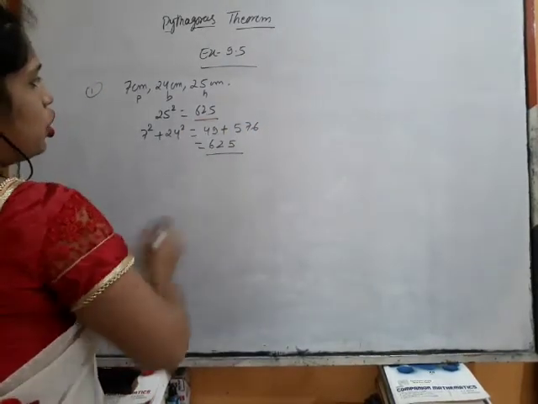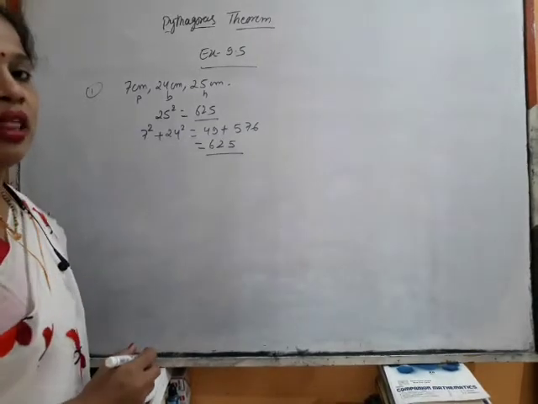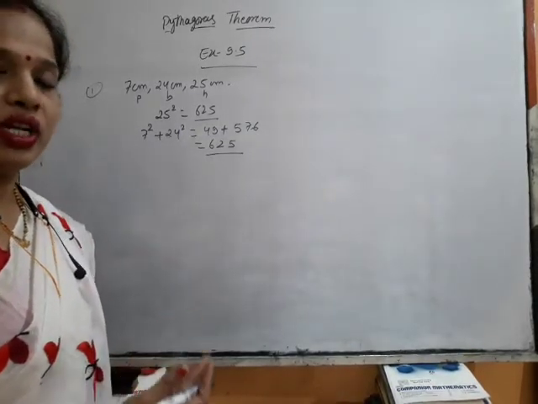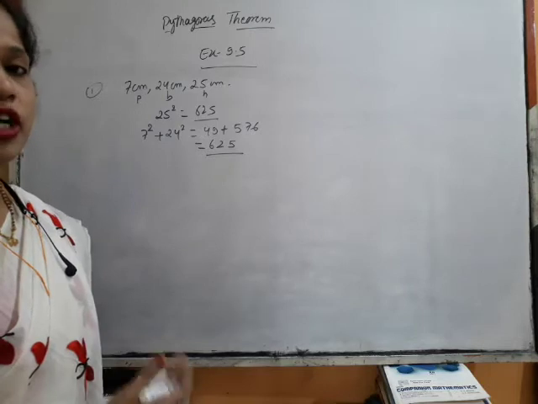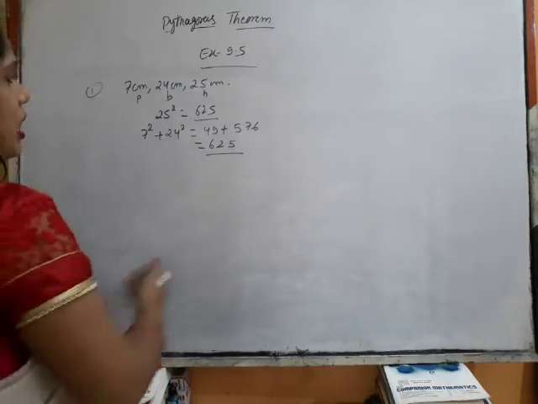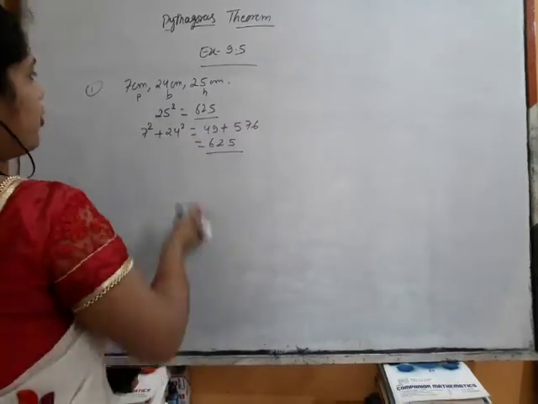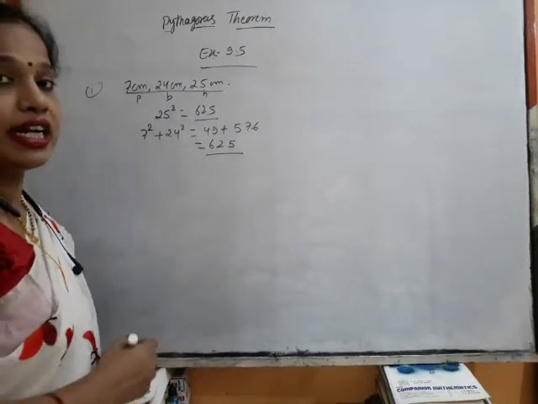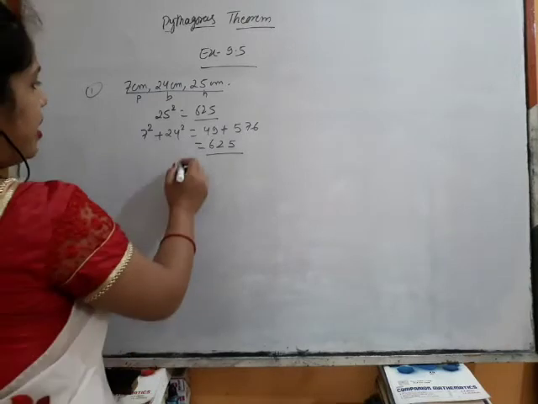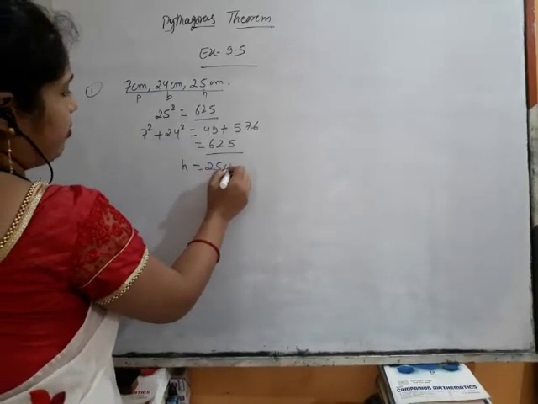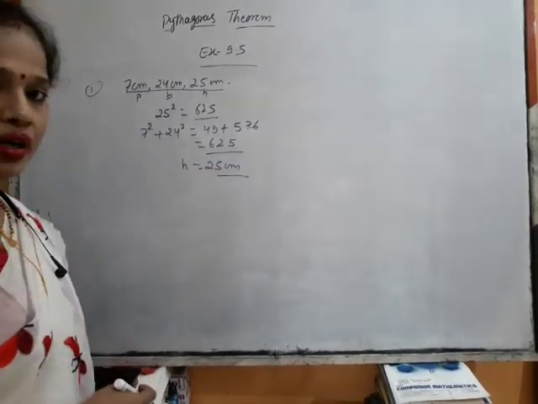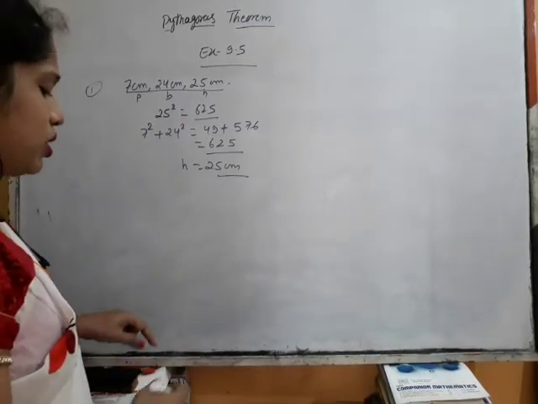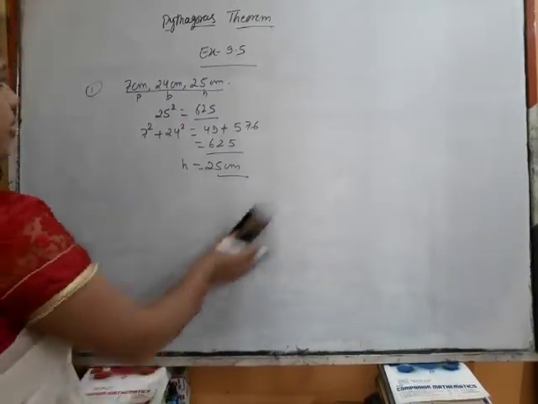So both the hand sides are equal, that means the numbers are following the Pythagorean triplet as well as the statement of Pythagoras theorem. Okay, so both hand sides are equal, so we can say that these three are the lengths of the sides of a right angle triangle where the hypotenuse is of length 25 centimeter. Okay, in this way you can do all the three more parts which are given.